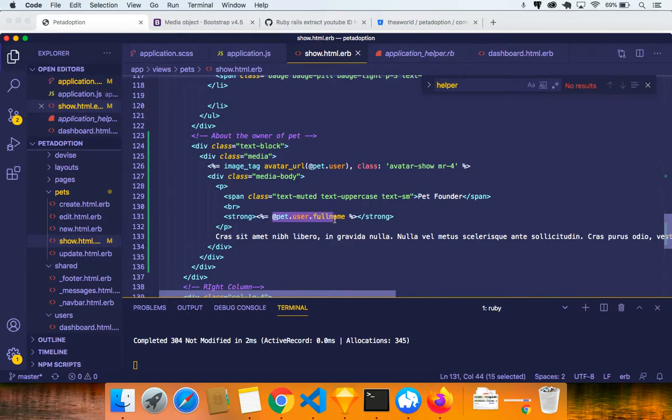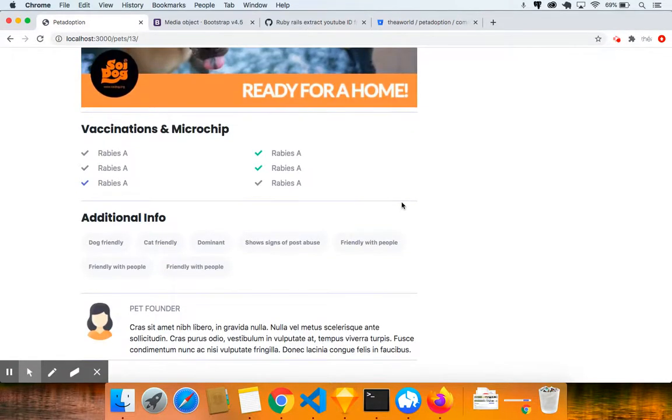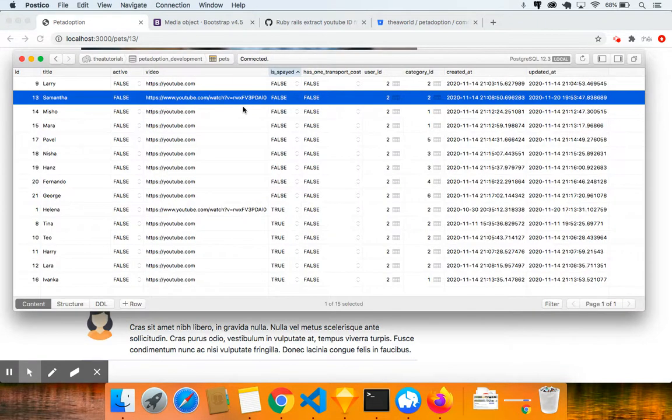What is wrong with this? Save it. Obviously, so it doesn't really work. Yeah, so the reason why it doesn't work is because, in fact, if you come to the database of Mike